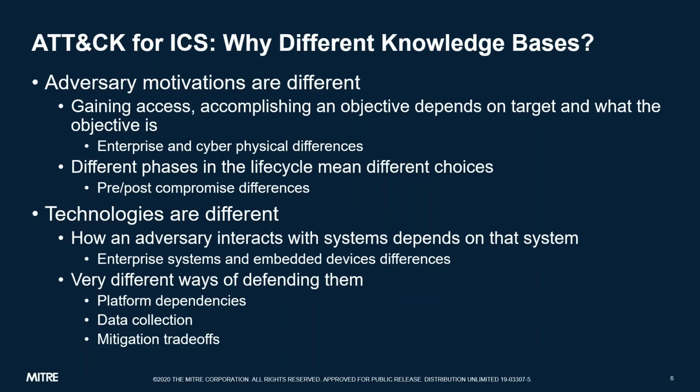So there's a number of technology domains and knowledge bases represented in Attack. Why do we need one for ICS? We can look at it from a number of different ways. We could look at it from the adversary standpoint and how they're different, and we could also look at technology. So from the adversary standpoint, there's different decisions to be made when you're looking at ICS, which kind of affects everything that you do. So if we want to create a physical impact, we're going to target certain systems and try to cause specific effects to get that physical impact.